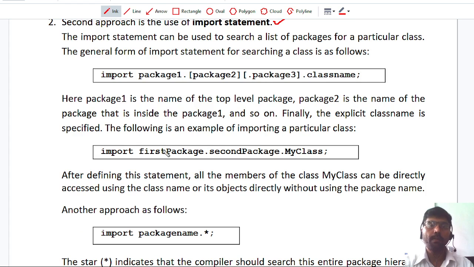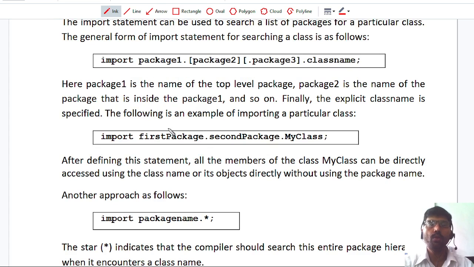Now, this is one example given here. How to call a class called MyClass. If I want to access MyClass, which is available in the second package, and that second package is available in the first package, then I have to write import firstpackage.secondpackage.MyClass. Now this MyClass is available to my program.